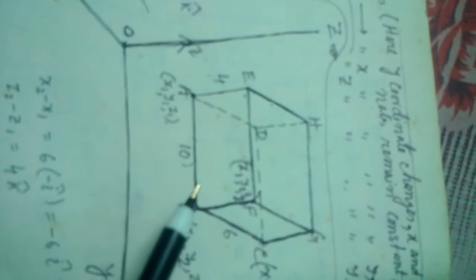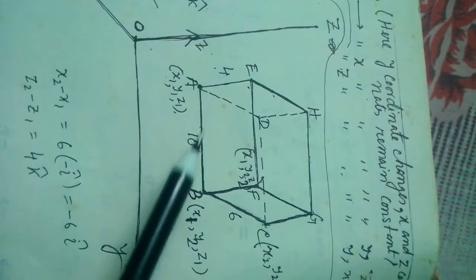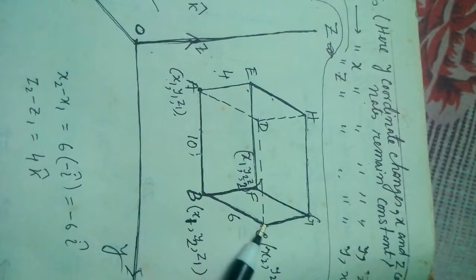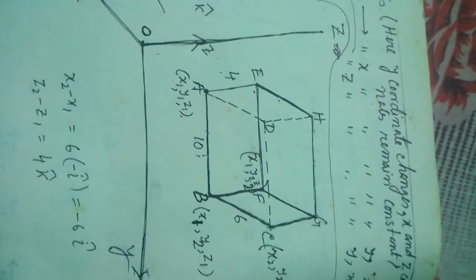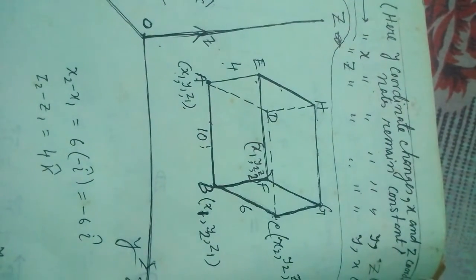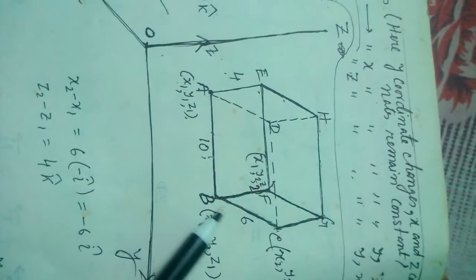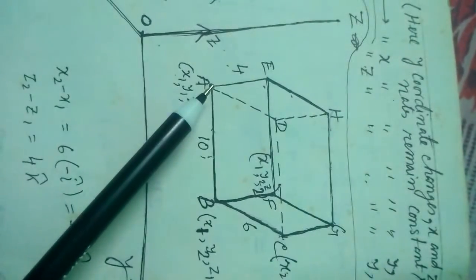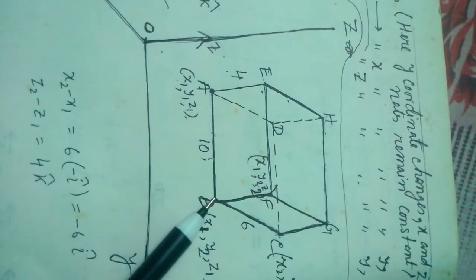Now this is a rectangular parallelepiped. This length is given as 10, this length is 6, and this length is 4. We have to express these lengths in terms of i, j, k. Directly you can understand that AB, A to B, will be 10j, because